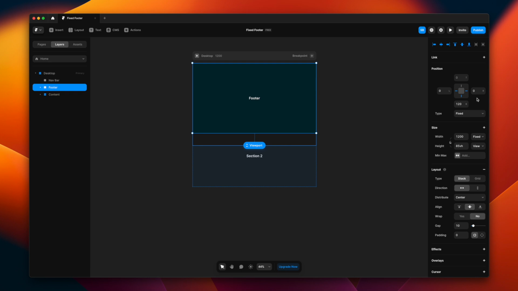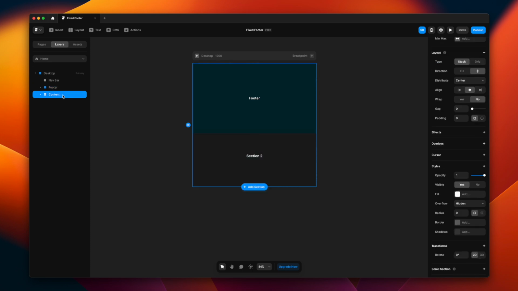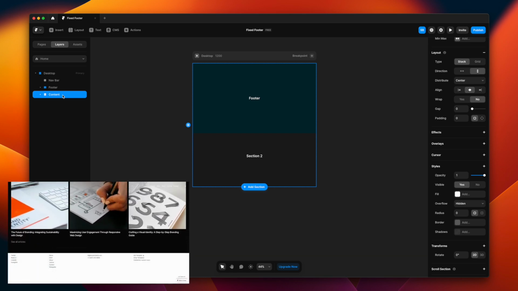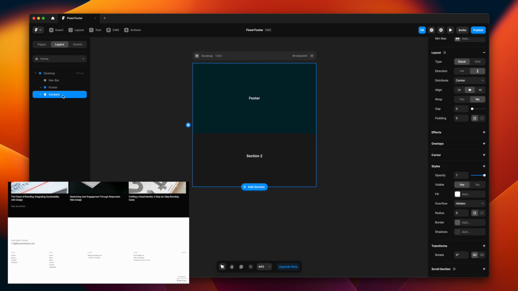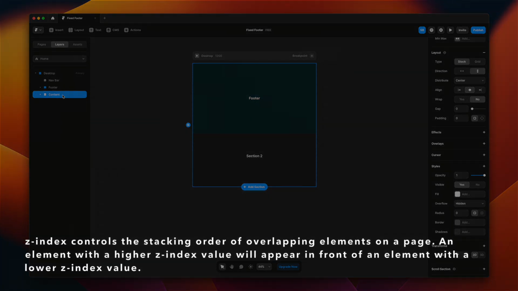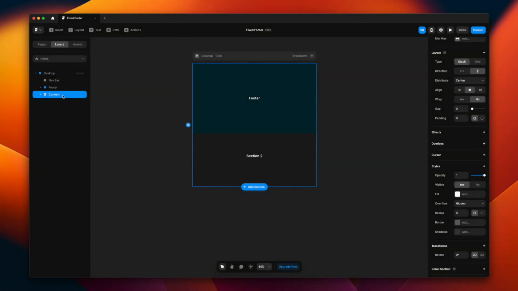So once that is done, you must notice how the nav bar, footer and content is arranged one below the other. But we want the footer to go behind the content so that when you scroll up the content, you can see the footer. That's why we made the footer sticky on top. We made the position fixed. But we somehow want the content to be on top of the footer. So for that, we have to change the Z index. That will ensure that the content layer is on top of the footer. So how will we do that is we'll select content, just like that, and go all the way to styles.